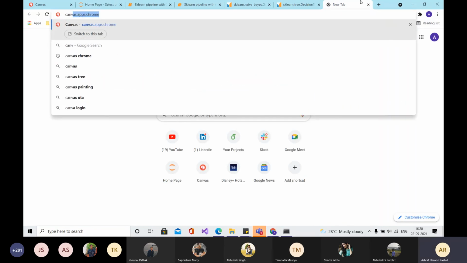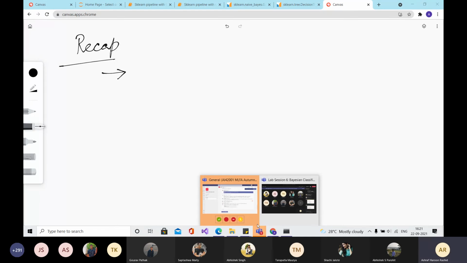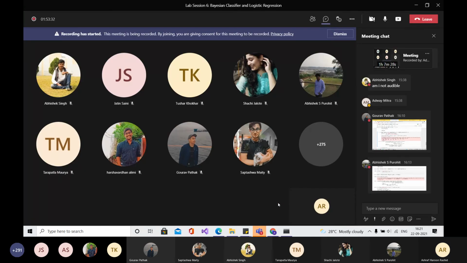Let's do one thing. Let's just do a quick recap of the lab session so it would be much clearer. So what was the question that we started with this lab session? If anybody can just give a hint. Anyone? Gaurav? That whether we can use 100% of the training data.